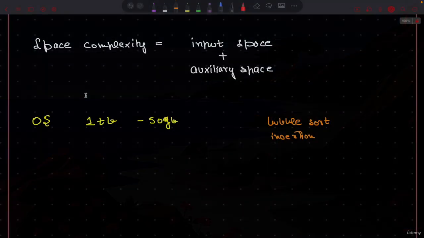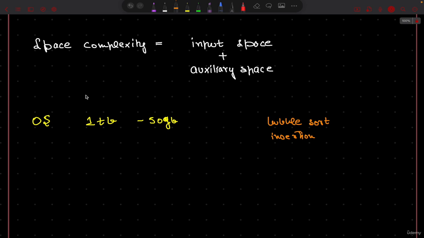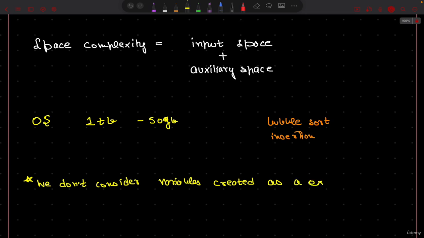Okay. So again, you have to understand one thing. We don't consider variables created as an extra space. Now here I just mean by variables, okay, like these small variables which you are